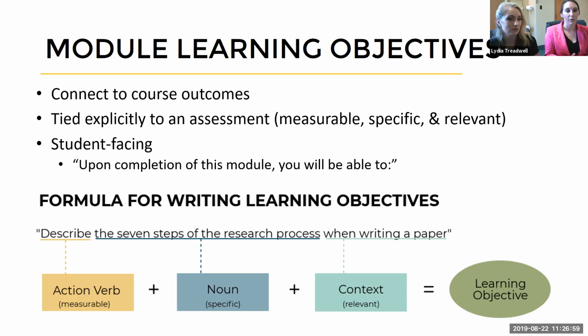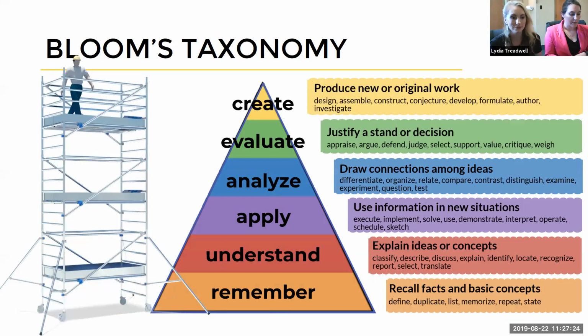So using this formula equals a specific measurable learning objective that students will know exactly what they need to complete, and the instructor will know exactly what they need to measure. And your outcomes, you can use the exact same formula for your outcomes as well. But just keeping in mind that your outcomes are going to be those broader destinations or goals that are achieved by the learning objectives. So let's take another look at Bloom's,